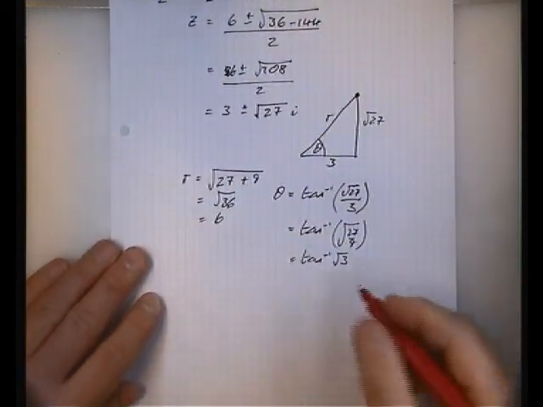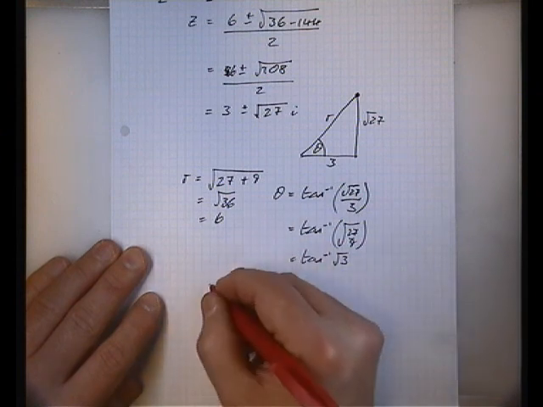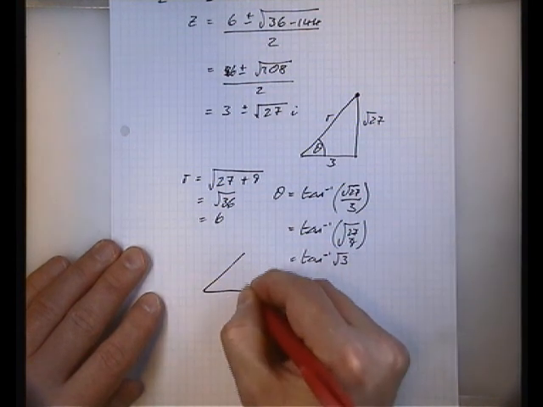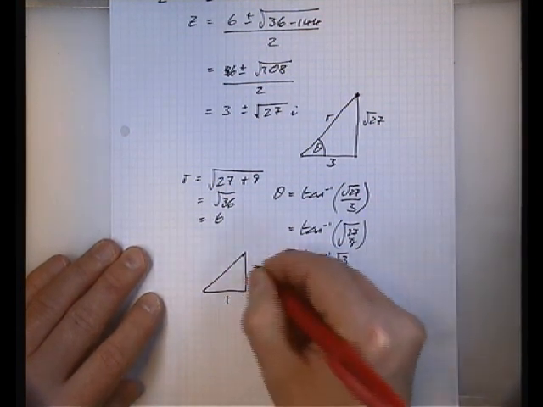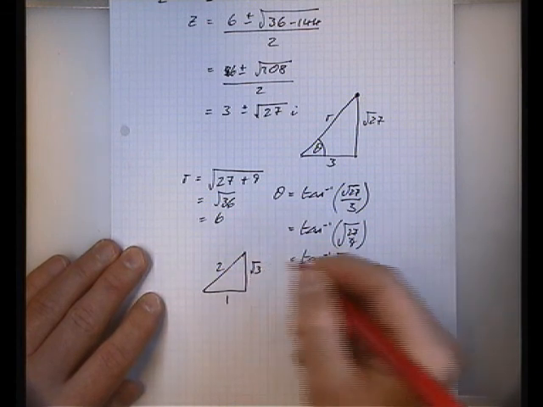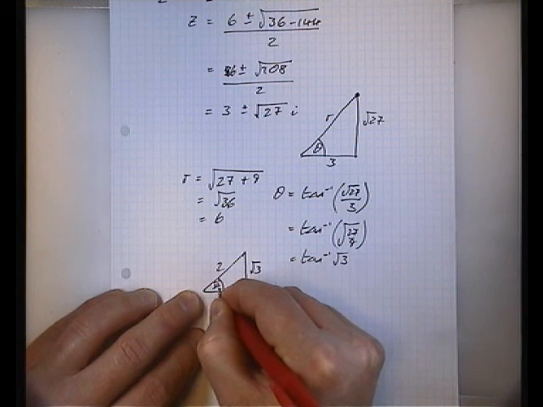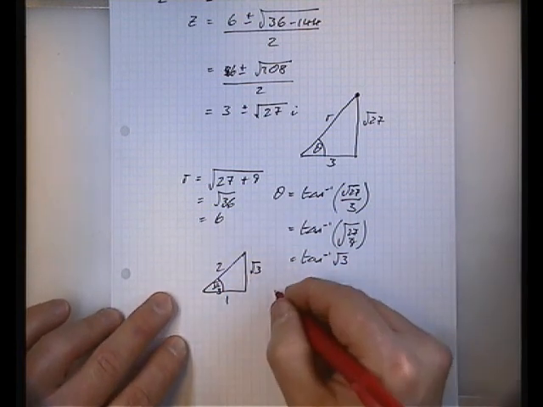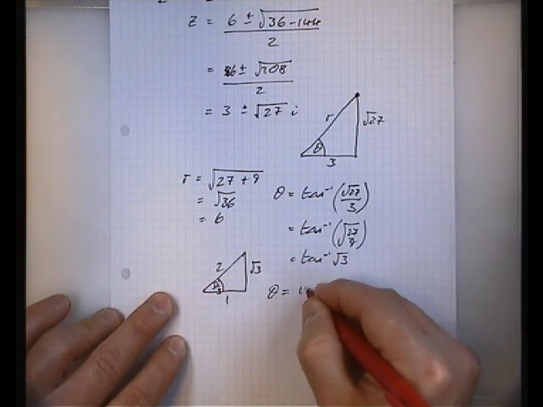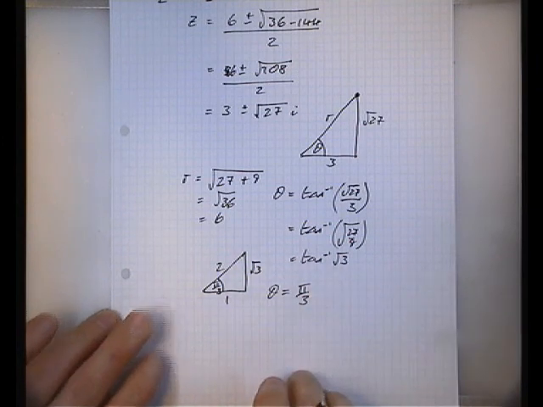Now tan to the minus 1 root 3 is in one of our favourite triangles. It's in 1, 2, root 3, and the angle down there is pi by 3, which means that theta equals pi by 3,